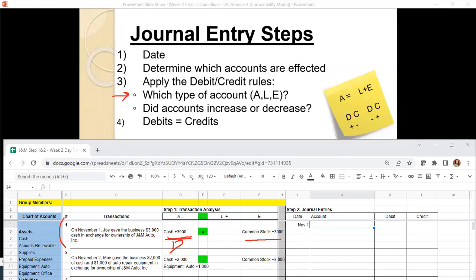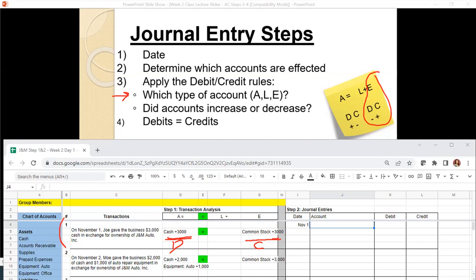So now we're going to look at our equity debit credit rules, right? And we see for equity, an increase in equity is a credit. So I'm going to put here just underneath credit. Okay, again,